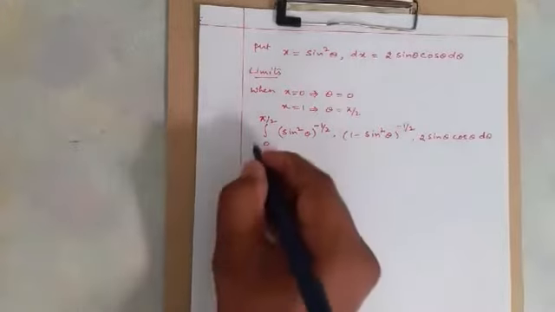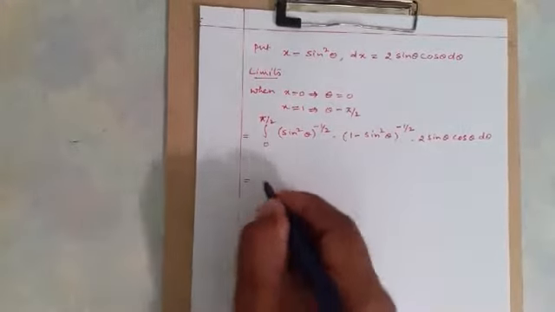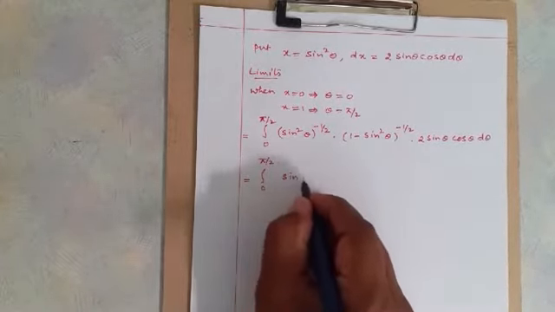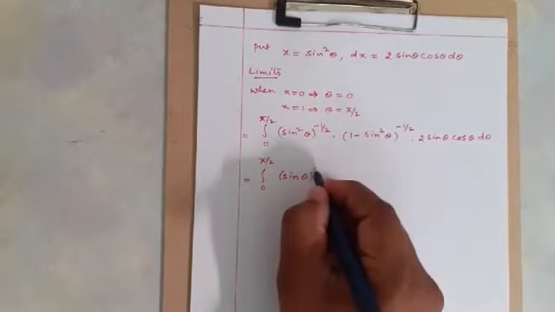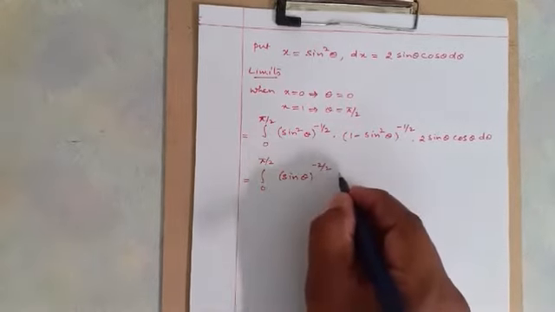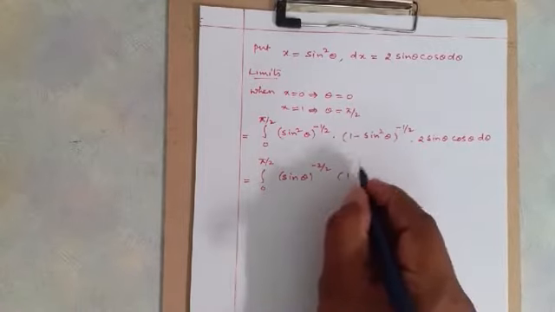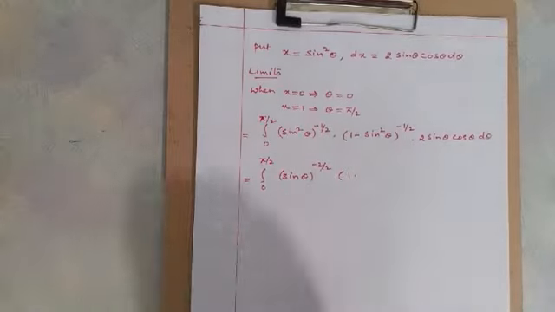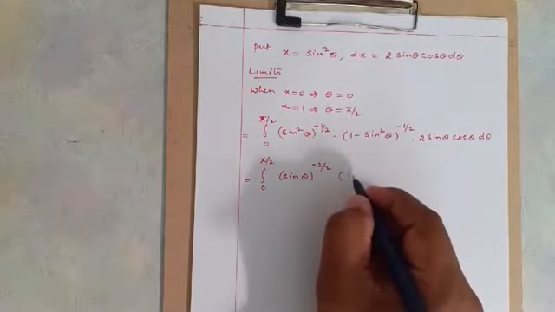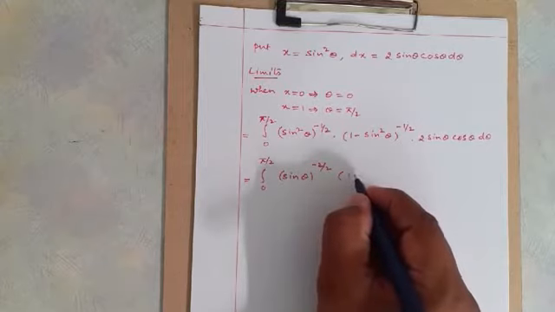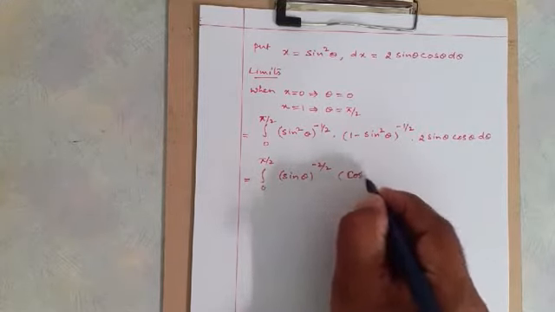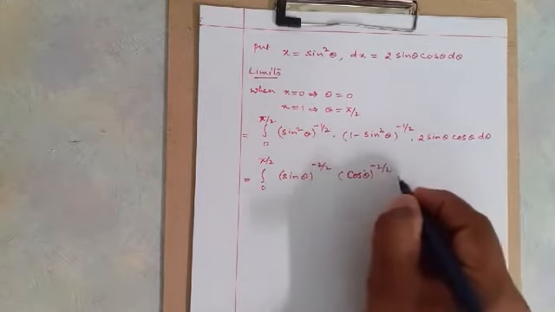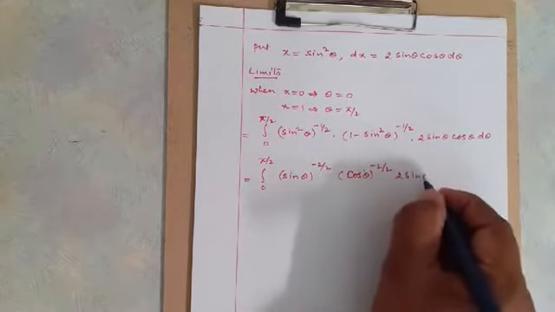Now this becomes integral 0 to pi by 2, sine theta power minus 2 by 2. In the same way, 1 minus sine square theta is cos square theta, so we can write cos theta whole power minus 2 by 2, and here we write 2 sine theta cos